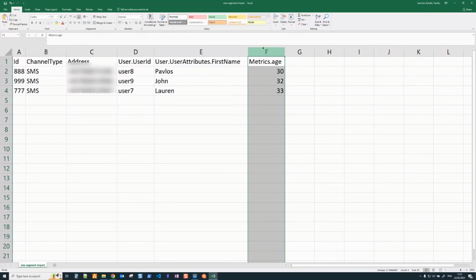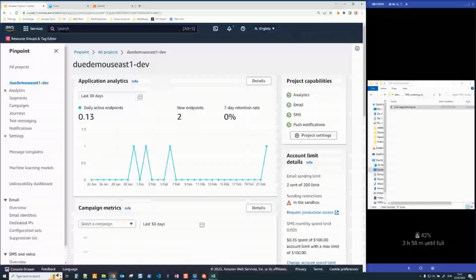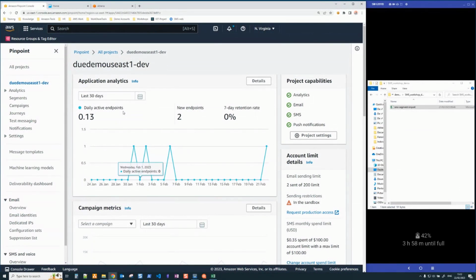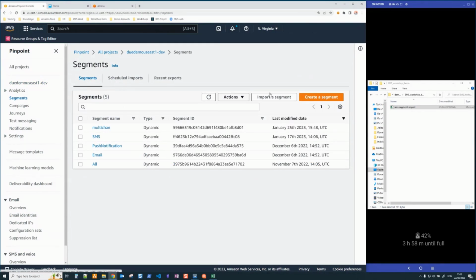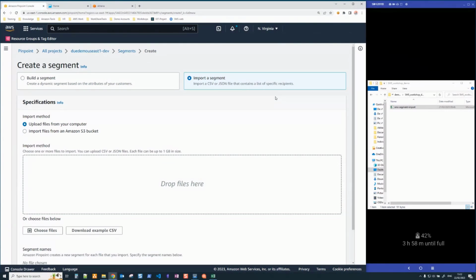So what we're going to do now is we're going to go ahead and import that as a segment in Pinpoint. To do this, we navigate to Segments. We're clicking on Import a Segment. You can import either via your computer, which we're going to do, or from an Amazon S3 bucket.